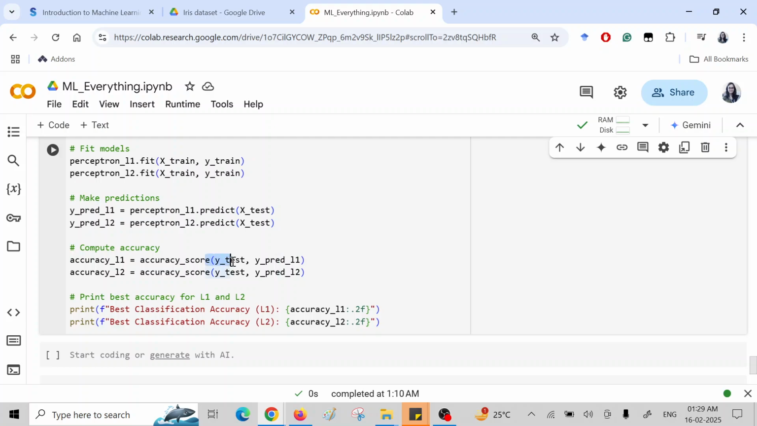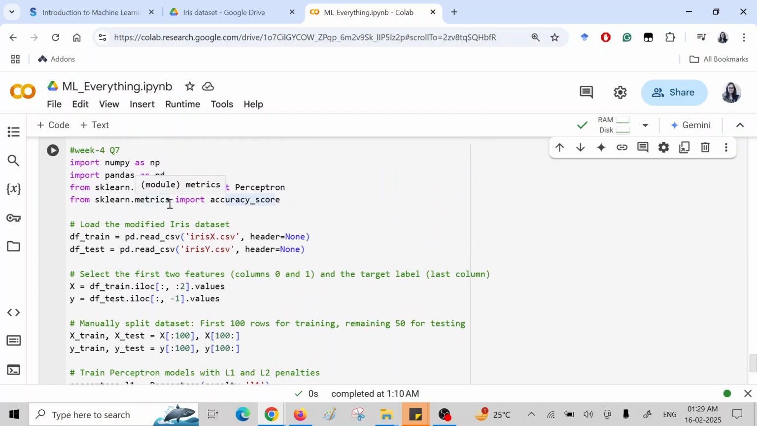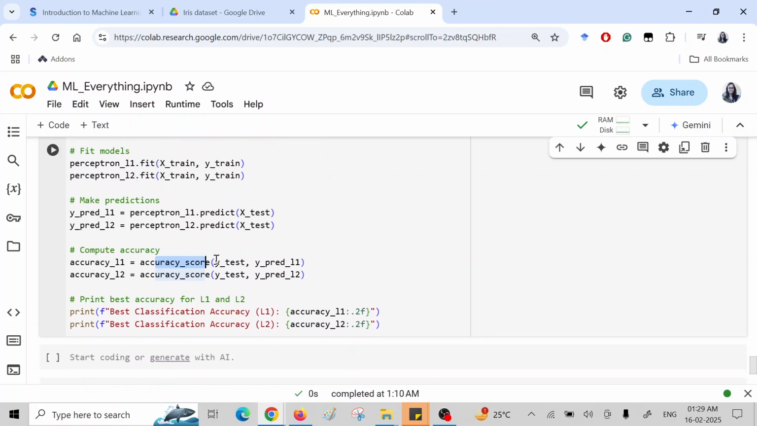While computing the accuracy, we use the accuracy_score function that was in the metrics module of sklearn. Here y test is the given dataset, the last 50 rows, and y_predict_L1 is the predicted value from my model, right? So I pass both to this accuracy function and find the accuracy. So if I run this particular code,